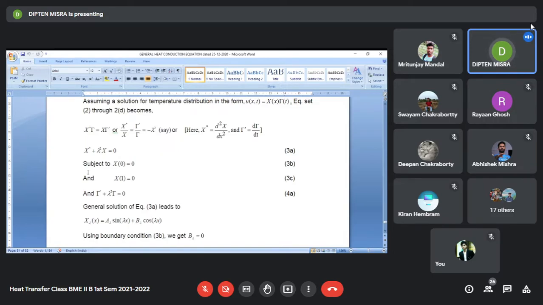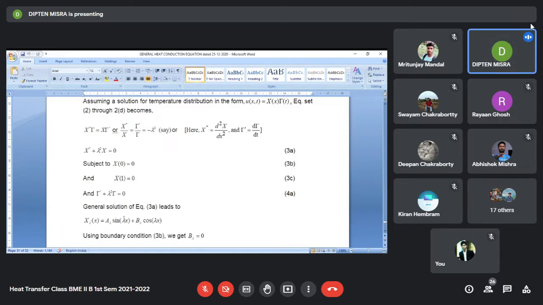For the time being, the solution for those typical values of lambda is given by X lambda as a function of x equal to a coefficient, again lambda specific, A lambda into sine lambda x plus B lambda into cos lambda x. If you substitute this into the equation, you will see that it perfectly satisfies the equation. Now to find out these values of A lambda and B lambda, we use the two boundary conditions. In fact, there are three unknowns: A lambda, B lambda, and lambda itself.